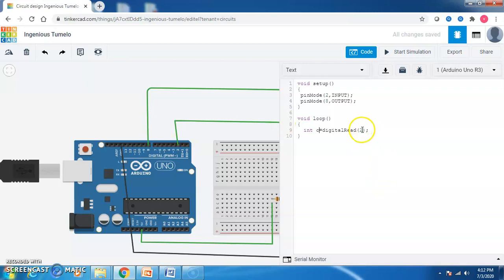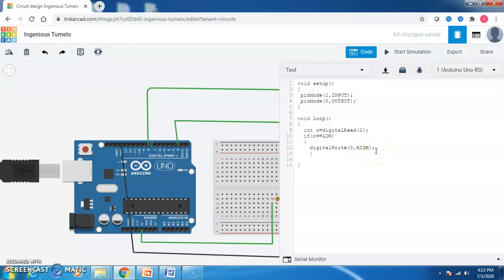Here I am pressing the switch connected to pin 2, so the value stored in c will be LOW, that is 0. Now I say if c equal to LOW, obviously it will be 0. What do I need to make? I need to make my LED glow. To do that I write digitalWrite, which has two parameters: the pin number, which for my LED is 8, and the value HIGH. HIGH means it has to glow. Whenever I am pressing the switch, the LED has to glow.